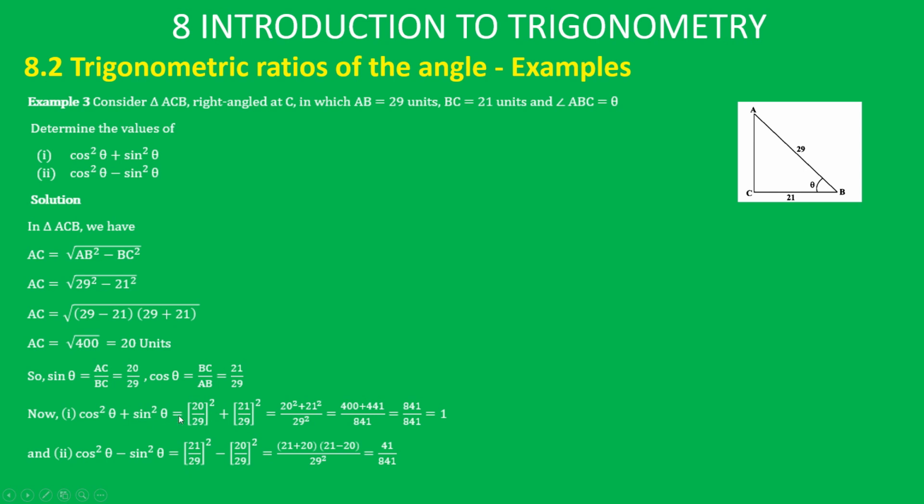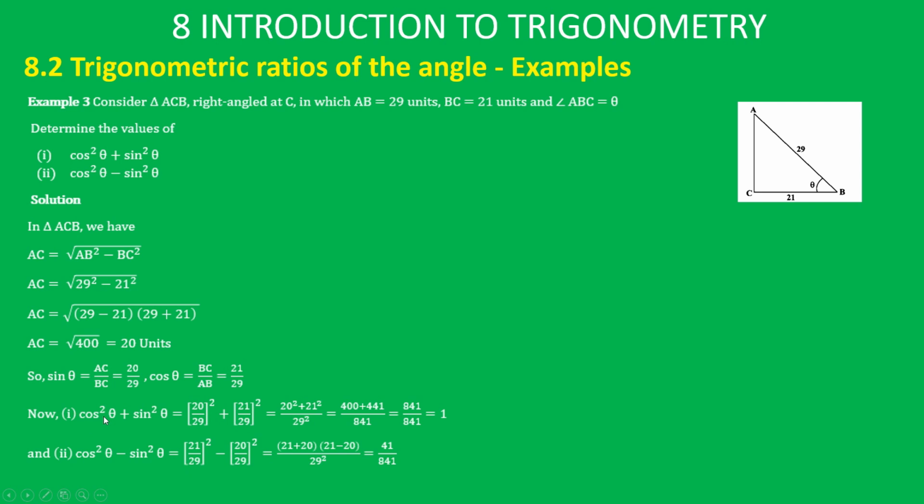So, here, what is sin theta? 20 by 29 whole square. So, you take the LCM and it will become 20 square plus 21 square by 29 square. It is equal to 400 plus 441 by 841. 841 by 841 is equal to 1. So, what we have understood